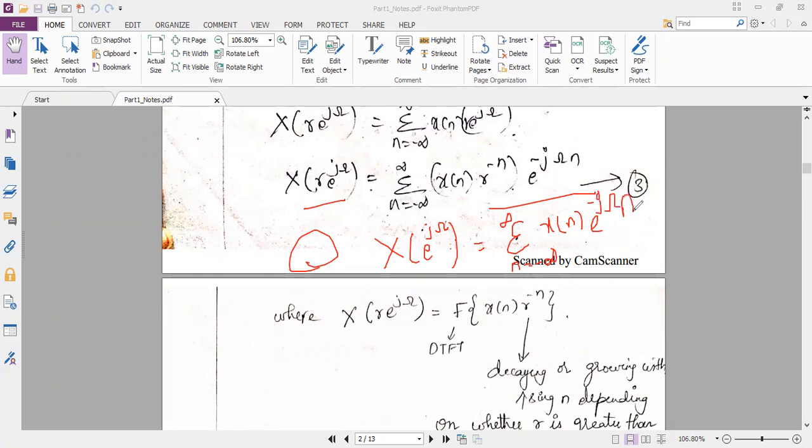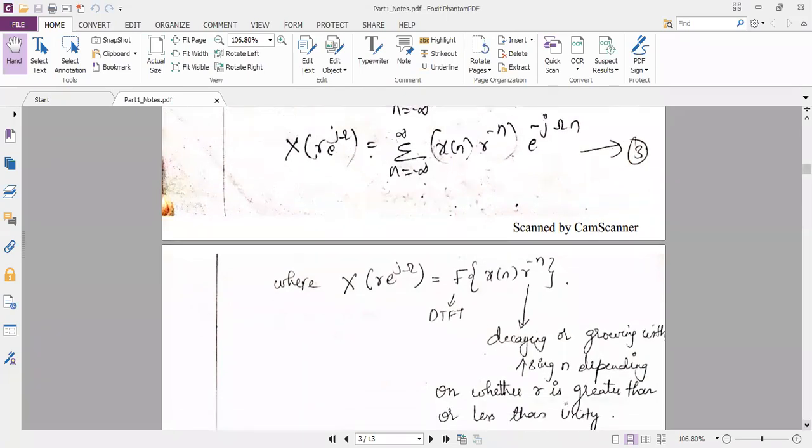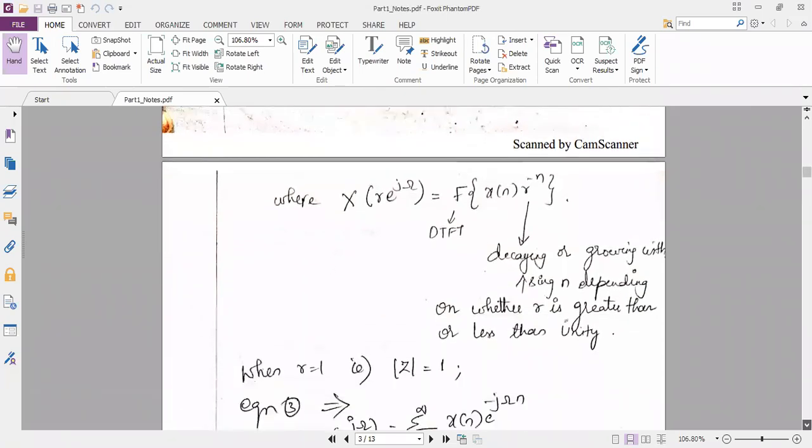So can you just check your notes DTFT in module 4? Can you just verify whether is this the formula we have used for finding the DTFT? Yes, ma'am. Yes. So can I say that DTFT is equal to Z transform at what condition? Can anybody? Just now I have told. At what condition?